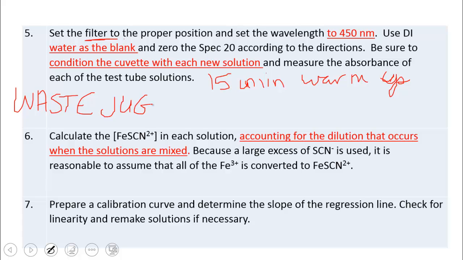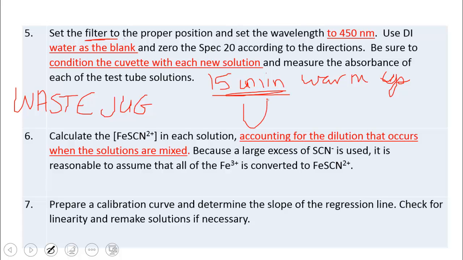Okay. So you will want to set up zeroing the machine. Maybe one of the partners can start making the solutions while the other partner is zeroing the machine. But do not zero the machine until you've at least let it warm up for 15 minutes. Now, once the machine is warmed up and all your solutions are made, all you need to do is put